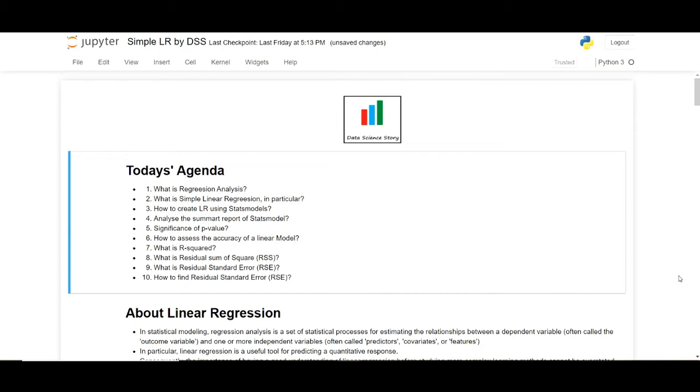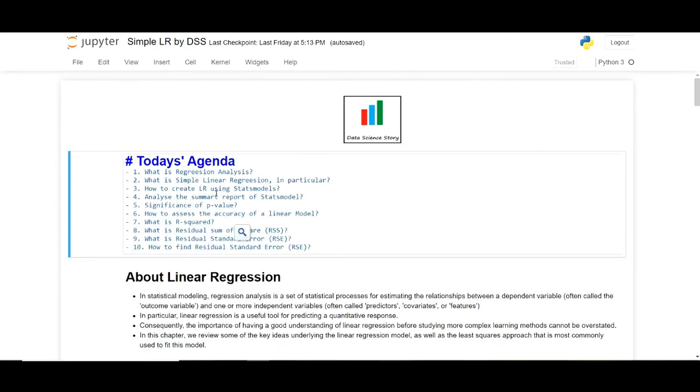In the previous video, we learned what the bias-variance trade-off is and what the best situation for us is in the bias-variance trade-off. In today's video, our agenda is to understand what regression analysis is and what simple linear regression is in particular, and try to create a linear regression using a data set that comes along with the ISLR book. And then we will try to analyze the summary report of the statsmodels